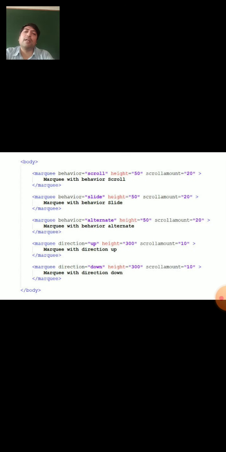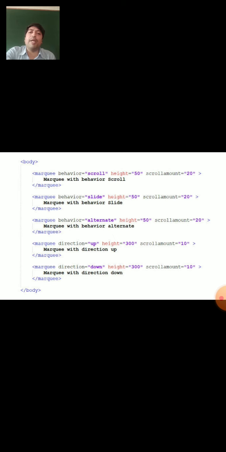The next tag example is the marquee tag. The marquee tag is a very important, attractive, and interesting tag, because the text written inside the marquee tag will be displayed scrolling on the web page. You can scroll your text, meaning movement of the text from one place to another place, with the marquee tag. The marquee tag also has different attributes.